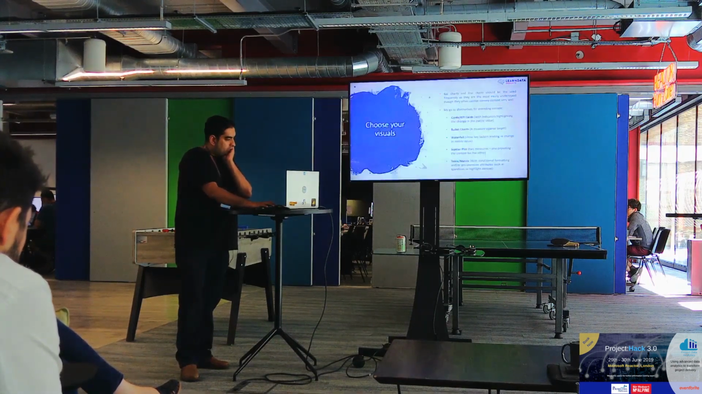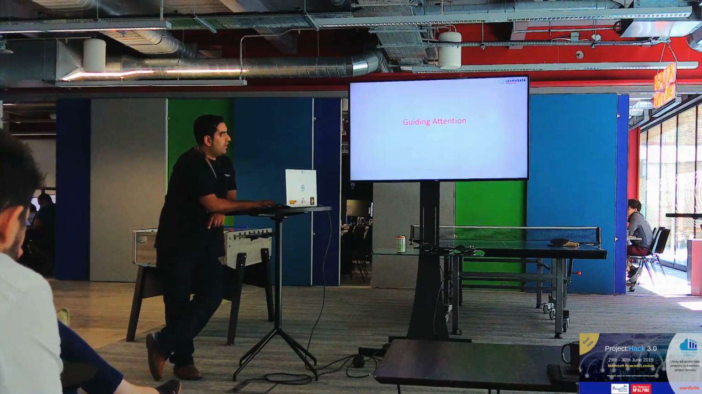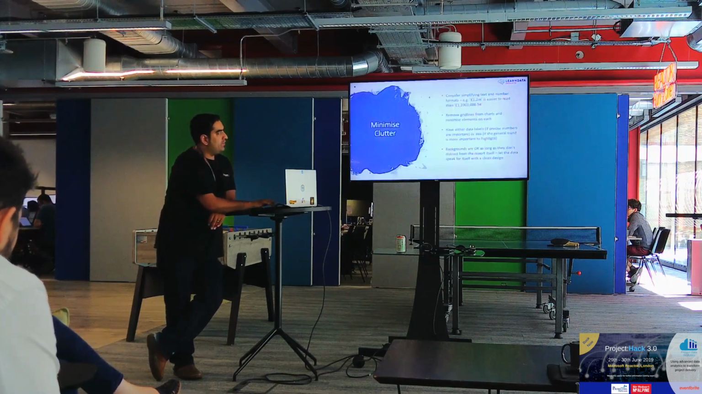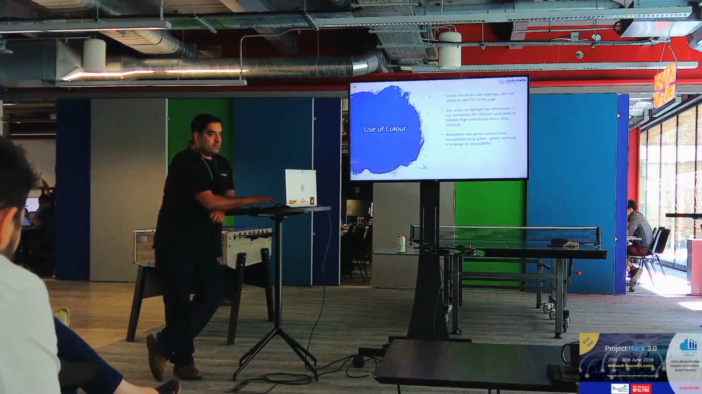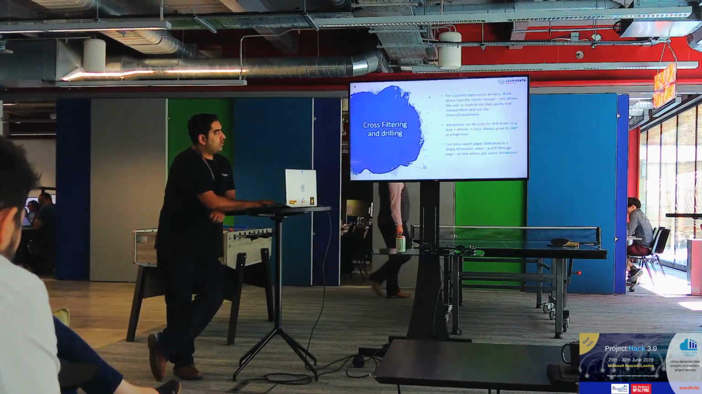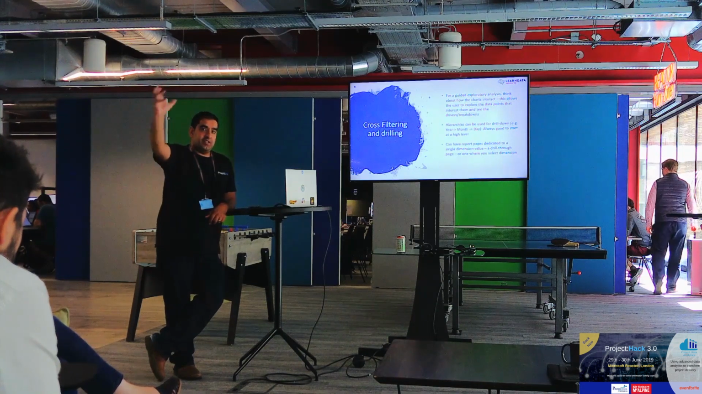So, yeah, I'll just quickly recap some of these, because I think they're quite important. So guided attention. This is the whole thing around telling the story. So again, we want to minimize clutter. We saw some examples of that. Providing context. Using color carefully. Cross-filtering and drilling, giving people the ability to start at a high level, present those arguments, and drill down